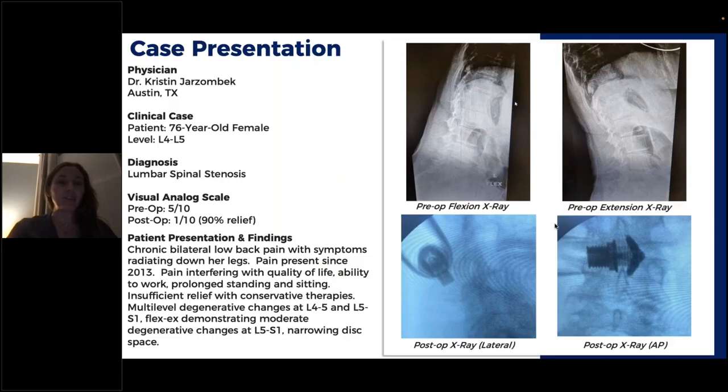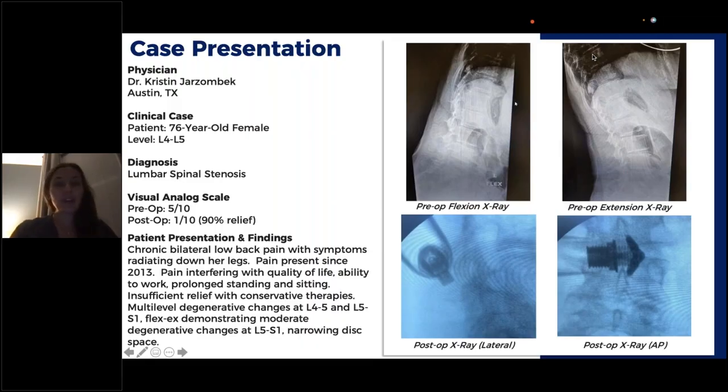This is a 76-year-old female. She is extremely active. She walks every day. She loves playing with her grandkids. Has been a patient of our practice for quite some time now, probably about 5 or 6 years, but very traditional interventional candidate, had had multiple ablations with our practice, multiple ESIs, and over time had started to fail her epidural steroid injections in that she wasn't getting the prolonged relief that she was previously.